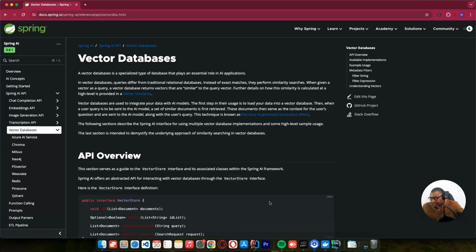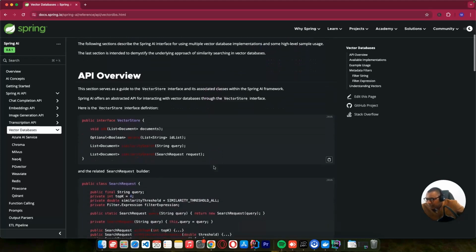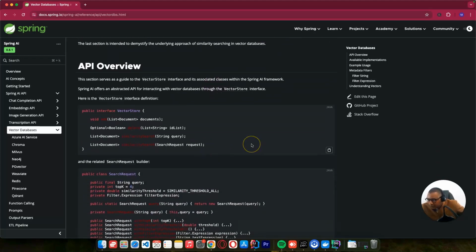So let's get started. So we have an API overview for this vector store, and this vector store is the abstract class, like the superclass. So this database like Chroma, PG vector, they extend this vector store, and we are going to store our documents. And in previous tutorial, I showed you how to create these documents, and you want to save those documents into our database, and you can delete and you can do similarity search to find data which is similar to the